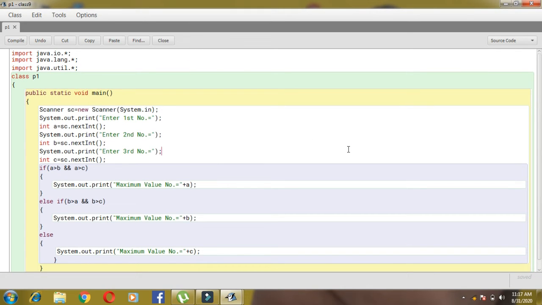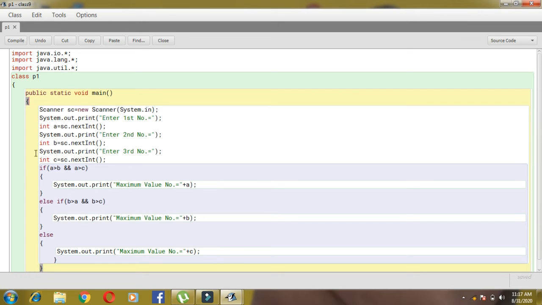See children, the package is there. Then after the package, one package has been added, that is java.util. This was added because of the scanner class. Then the class name is there, public static void main. Already I have discussed the purpose of this one.